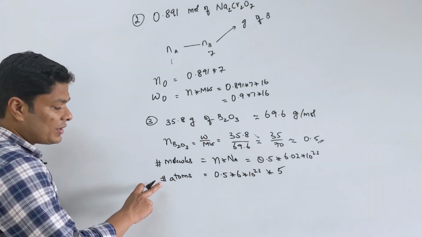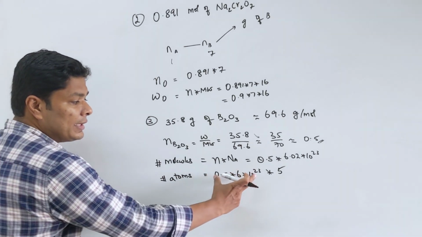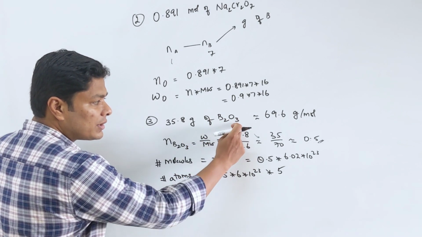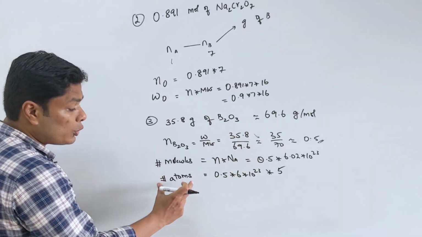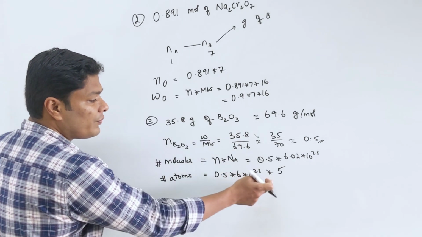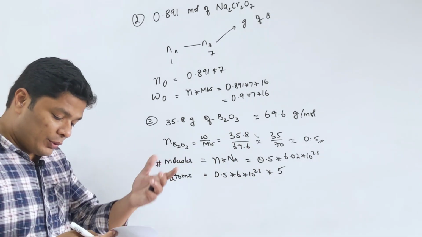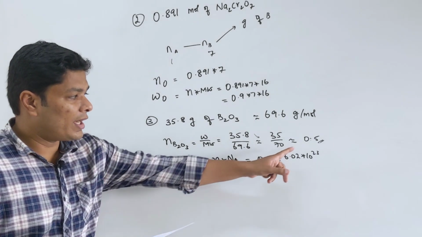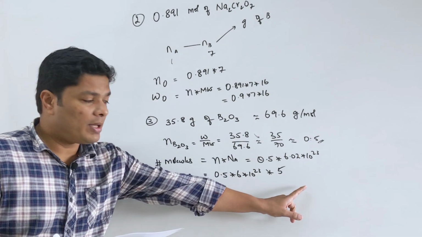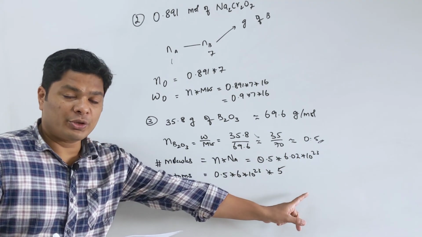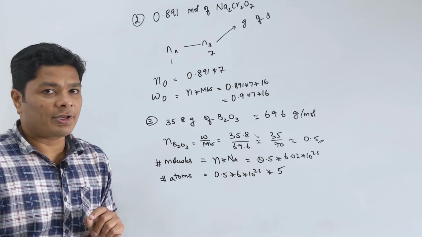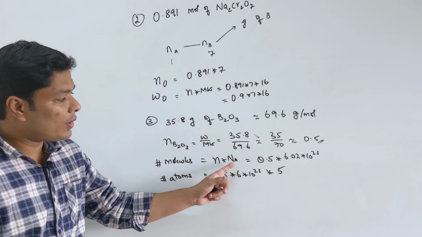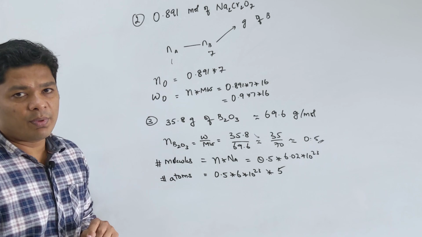If the question asks you the number of boron atoms, this number times 2. Number of oxygen atoms, this number times 3. Here the question is asking for the total number of atoms, so this number times 5. I have given you the answer in the printed worksheet, so you should get something roughly. Since we have approximated here, it might be a little different, but it should be close enough, particularly the power. What you should see is that if grams are given and atoms are asked, you know the methodology, the pattern. We have seen this before.